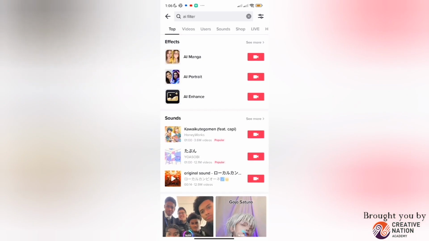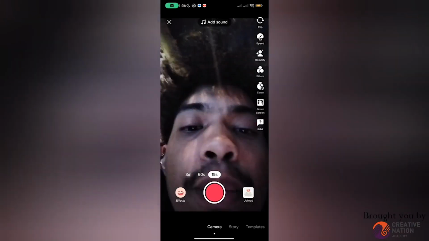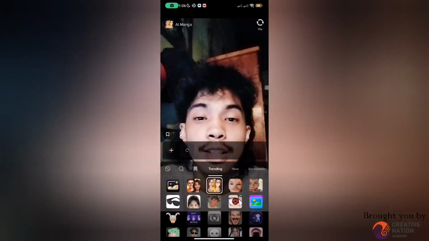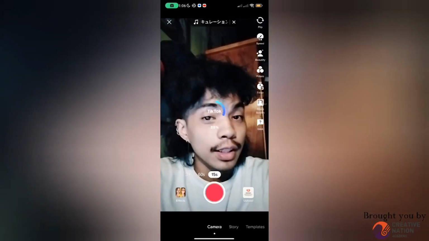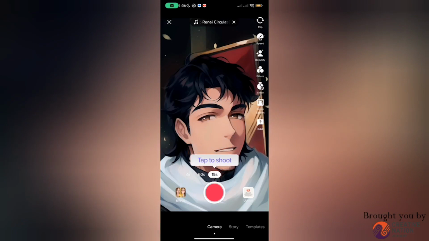So right now you can use AI manga, AI portrait. Here you can see me. So tapping the screen initiates creating you as an AI. As you can see, it created me, changed me into an AI version,